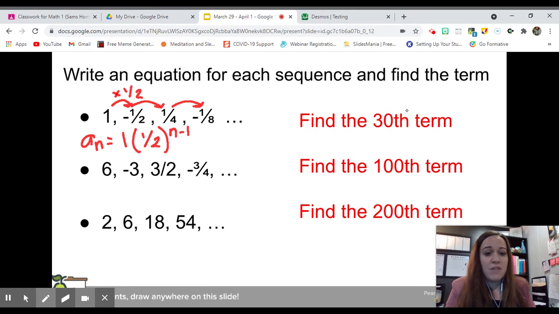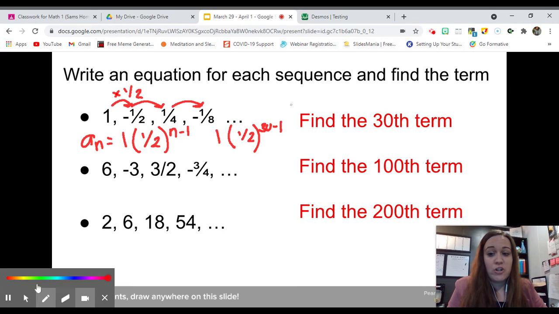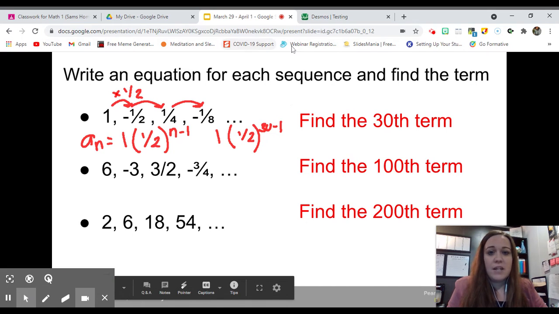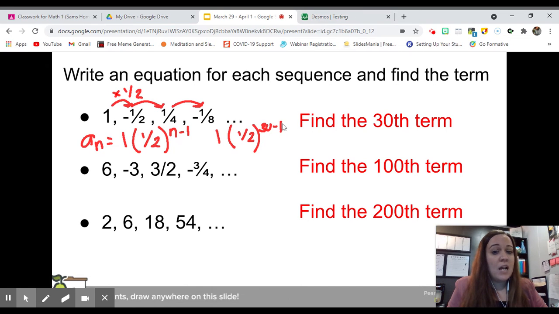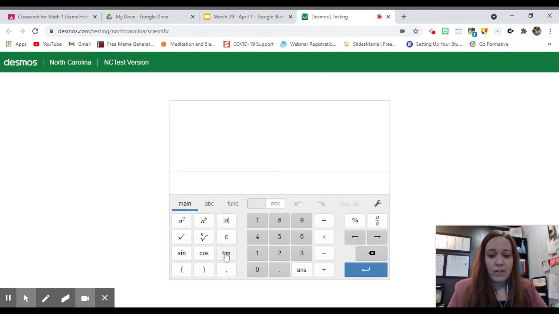Now it's asking me to find the 30th term. So that's 1 times 1/2 to the 30 minus 1. Now, if you're using Desmos.com, which I strongly encourage you to do because that is the calculator that's going to be active on your test, it's not going to allow us to do the exponent of 30 minus 1, but we know that's 29. So as I put this in my calculator,